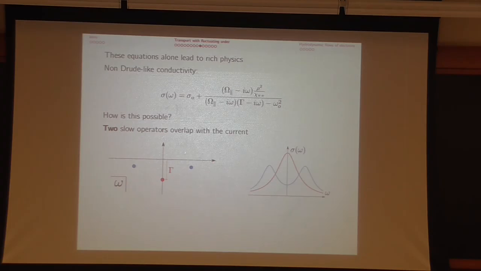The reason is that there are as many poles as operators that overlap with the current, and usually there's just momentum. But now momentum has a friend. The Goldstones of translation symmetry breaking are the operators conjugate to momentum. And so the Drude pole that's responsible for this Drude conductivity is actually two poles. It's carried by the momentum operator and the Goldstone. And since it's two poles, I can split them without violating time reversal symmetry. I can split them into these two blue poles.